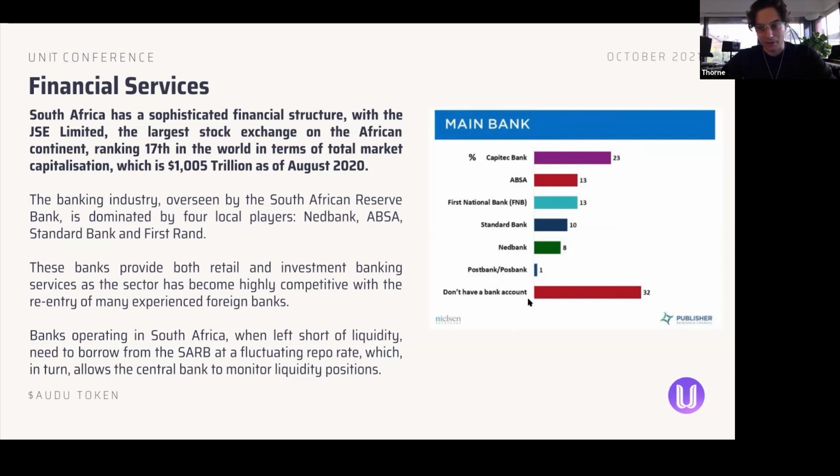And what I also mentioned earlier that I found really interesting: you can see the distribution of market share across the top banks in South Africa. But here, we actually have 32% of the country that does not have a bank account. And I'm sure this statistic will be mirrored in a lot of other third world countries as well, as most of the poorer people just transact in cash. But this is a very great opportunity, I think, for fast and wide adoption for very simple applications on the phone or on web browsers that allow people to transact value using crypto tokens or stable coins.